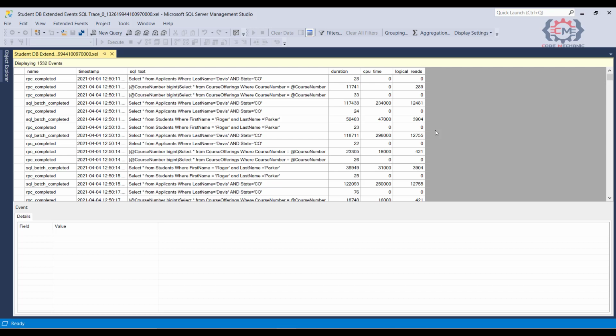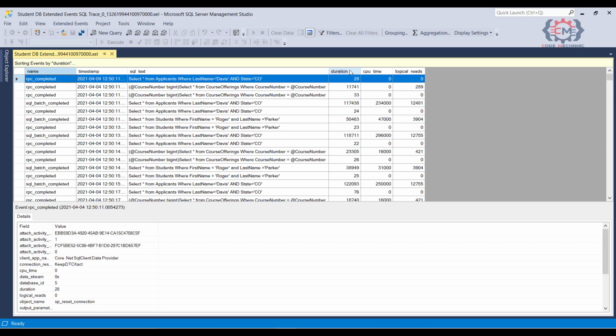If you watch the clips on SQL Profiler, you know that Profiler was pretty limited in terms of what we could do with the data. But for these extended event files, we actually can do quite a bit in Management Studio. First of all, I can sort the data just by clicking on the column header.